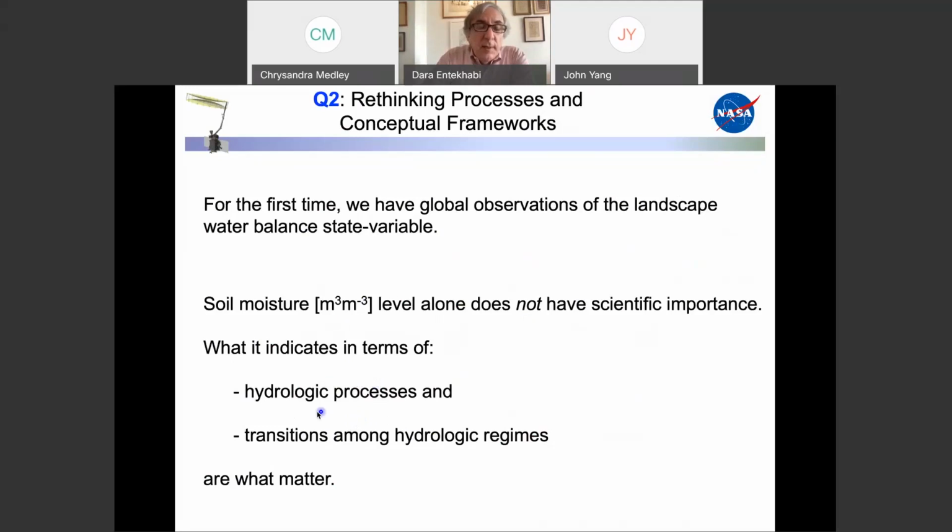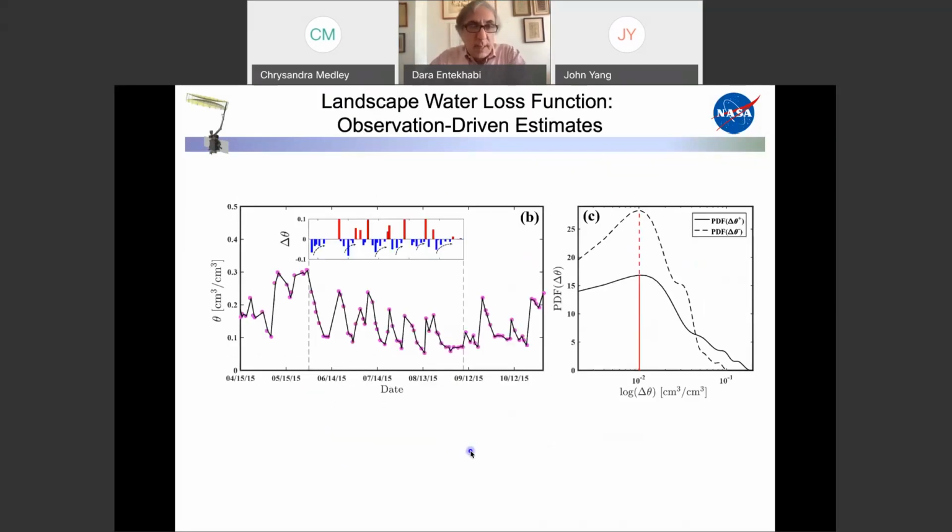How does it mark or activate different hydrologic regimes as it fluctuates? And that's what really matters. So let's see how we can do that. Here's again now a time series